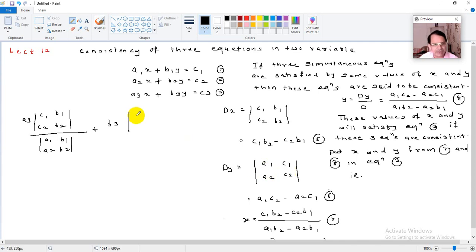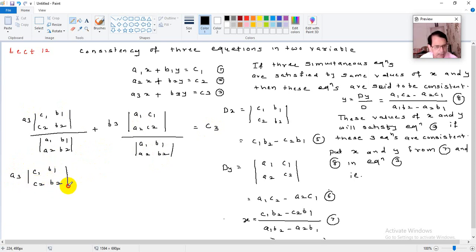Dy, म्हणजे हेच a1c1 आणि सेकंड रो त्याचा a2c2 आणि मग डिव्हायडेड बाय विच डिटर्मिनंट, तर युज्युअल डिटर्मिनंट a1b1 a2b2, right. And this is equal to c3. म्हणजेच काय होईल बघा, आता दोन्ही डिनॉमिनेटर हे कॉमन आहे. So I can add this. So I get a3 into what, c1b1 into c2b2, right, then what, plus b3 into which determinant, a1c1 a2c2 आणि